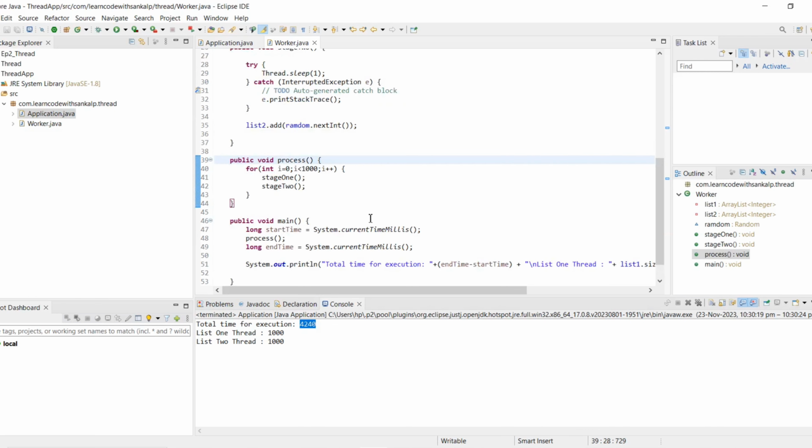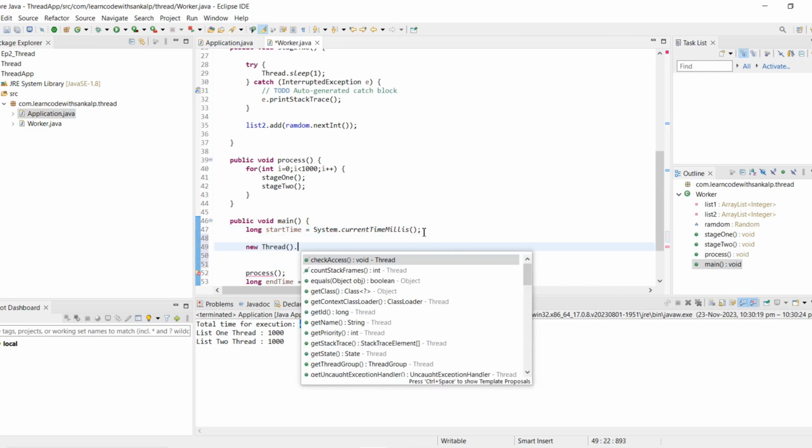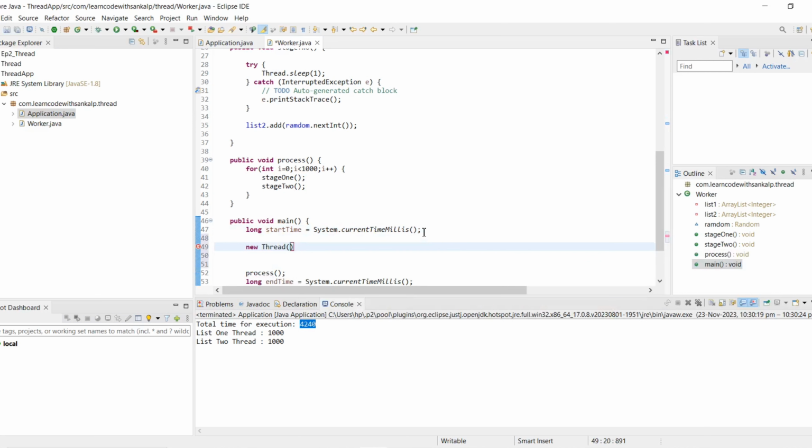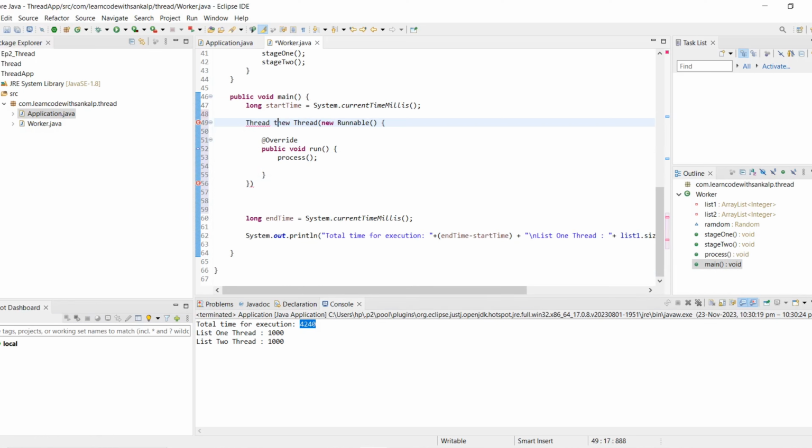So we add a new Thread with a new Runnable, and inside that we call the process method, and we create thread t1 with a semicolon.